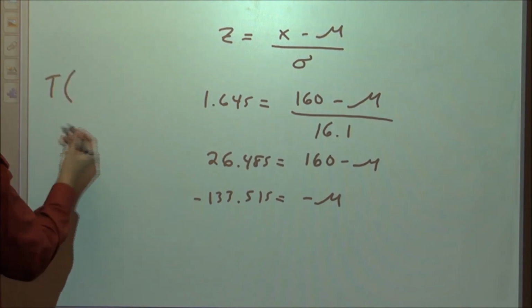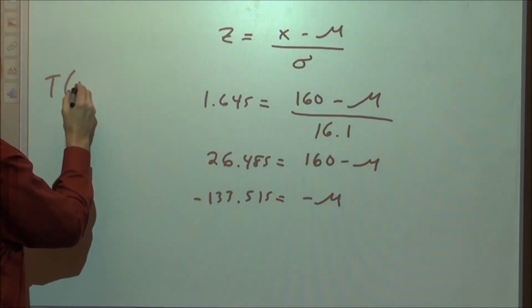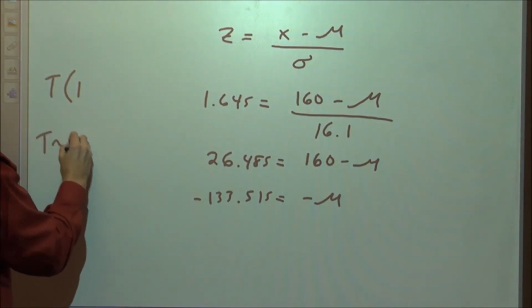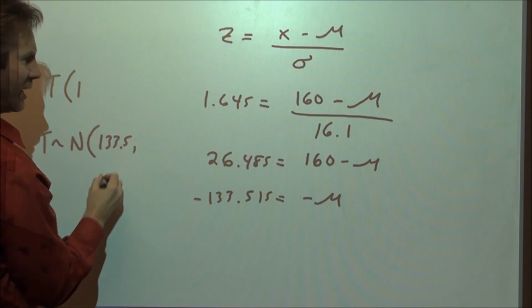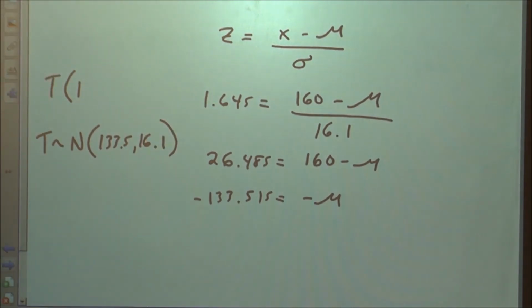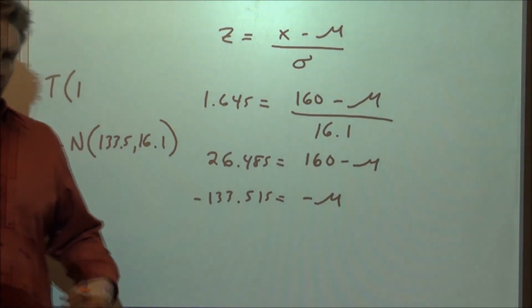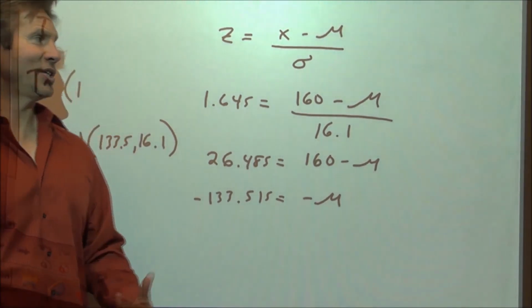The times it takes the Michelin Man to change tires are normally distributed with a mean of 133.5 seconds and a standard deviation of 16.1 seconds. And at the end of the day, when it comes to Mike Tyson cleaning clocks or the Michelin Man changing tires,